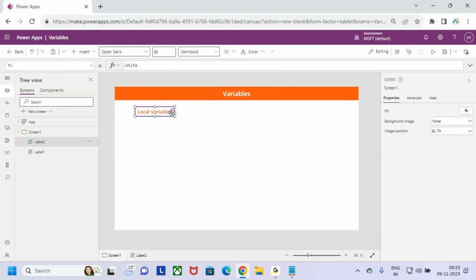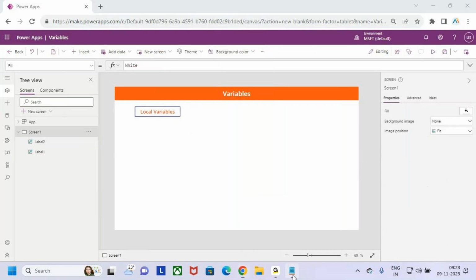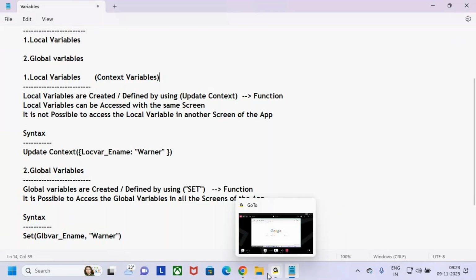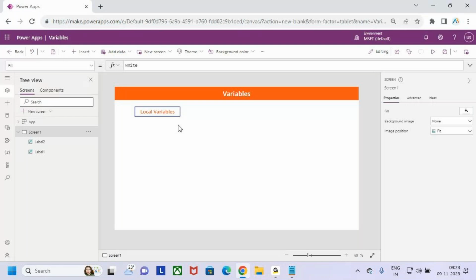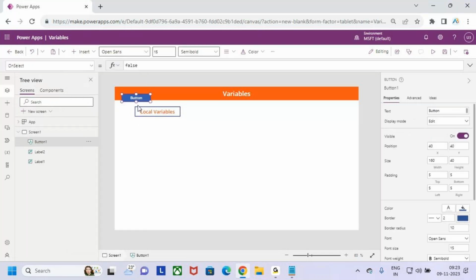Fine guys. Now let me discuss the local variables first. Keep in mind, these local variables are also called context variables. Now, how to create the local variables? In order to work with the local variables, let me bring one button. Let me add one button. Now for this button,